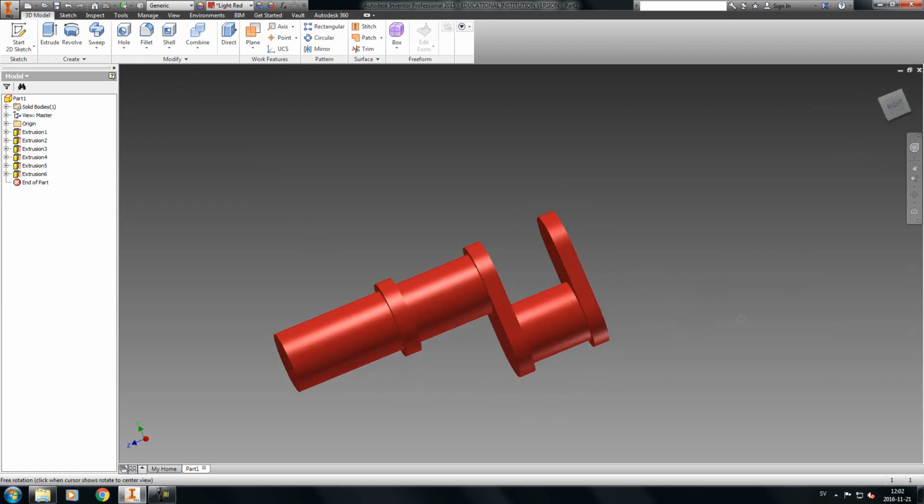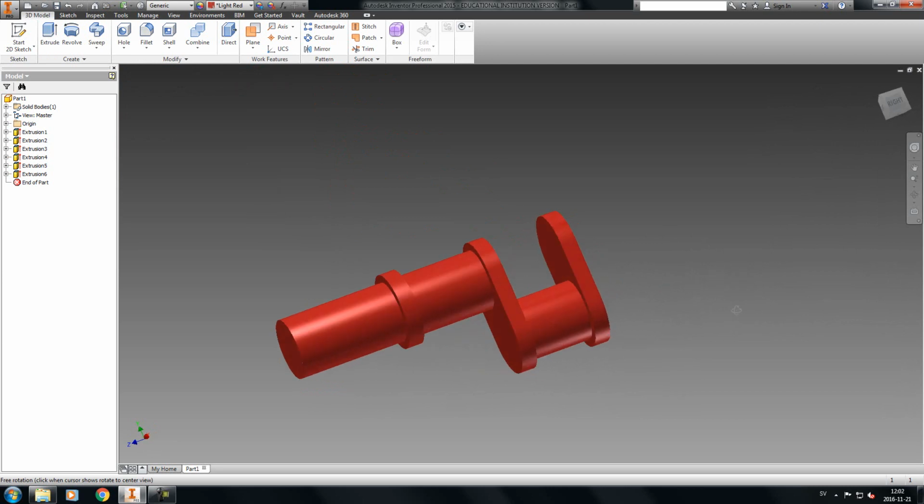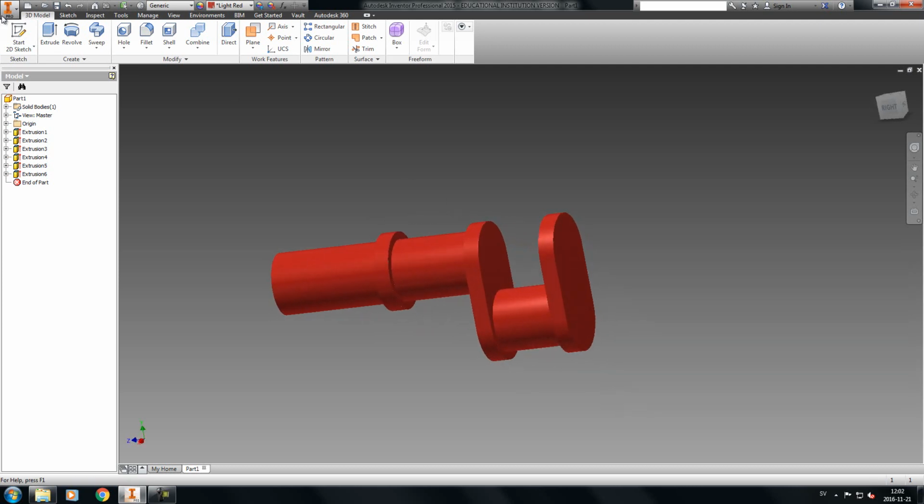Now, you'll see that our part is starting to shape up a bit. It's starting to take the shape we want from a crankshaft. So now, what we're going to do is choose Start 2D Sketch once more to make the last part of this model we need before we can start to actually blaze through it, since we've actually made all the parts we need by then. So choose Start 2D Sketch again,